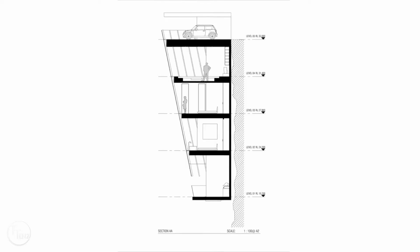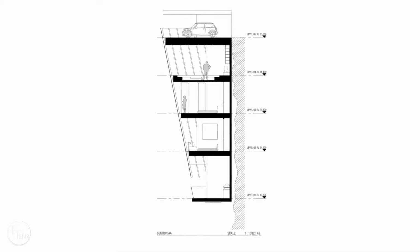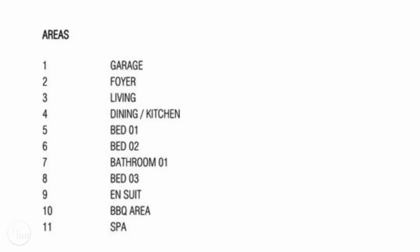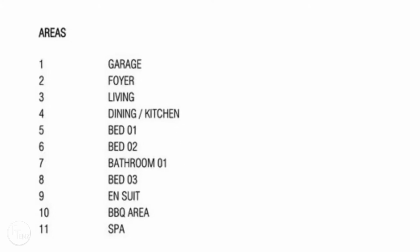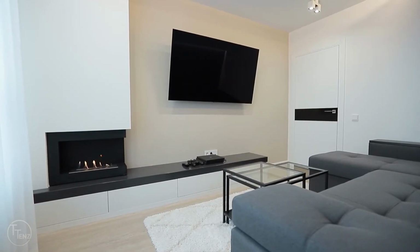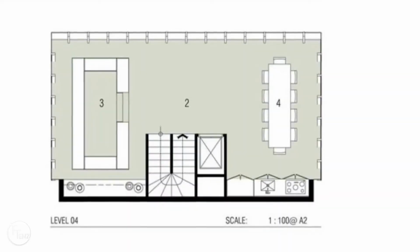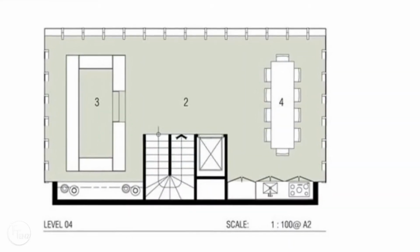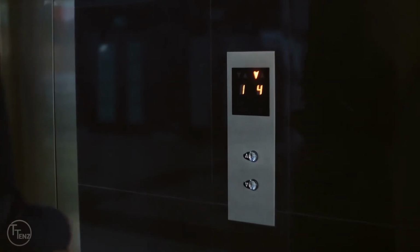The home is visualized as a natural extension of the cliff face rather than as an addition to the landscape, creating a direct relationship with the sea below. Note for the faint-hearted, the 5-story property hangs on the side of a cliff along the coast in Victoria, Australia, and the house is accessed through a carport on the top floor where a lift connects homeowners to the rest